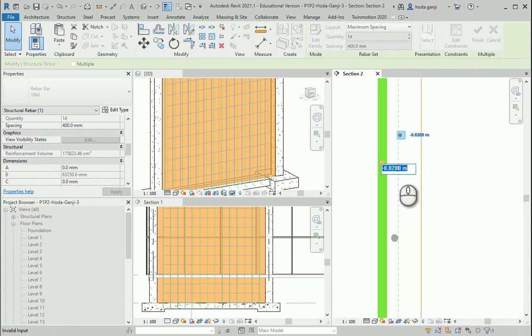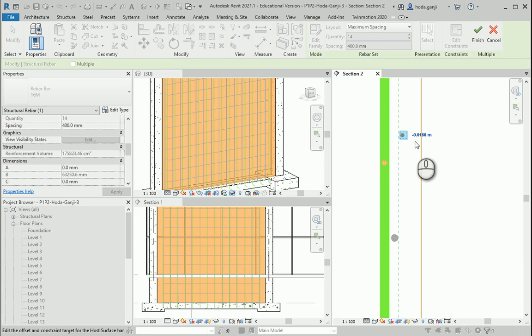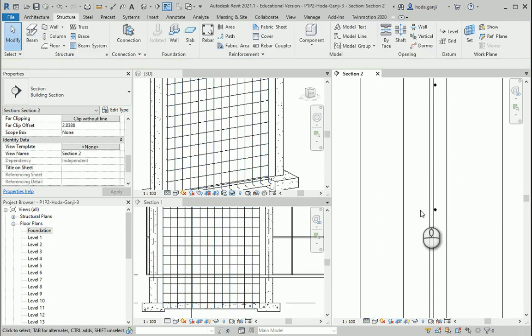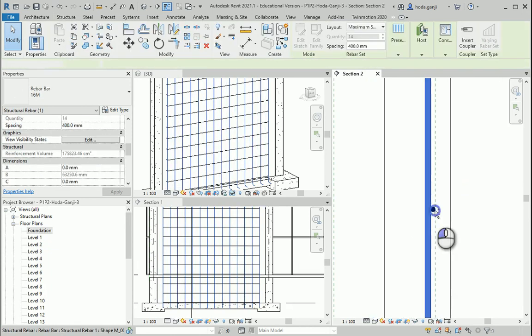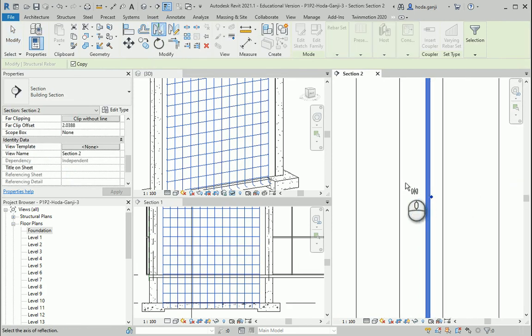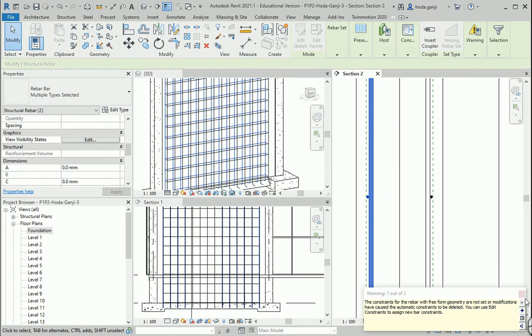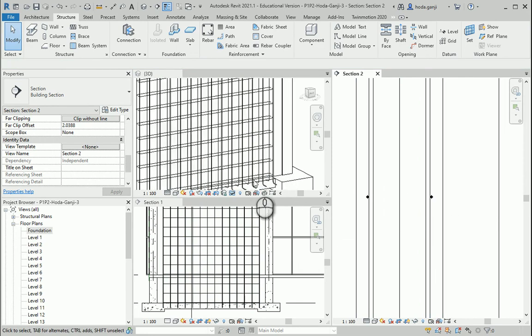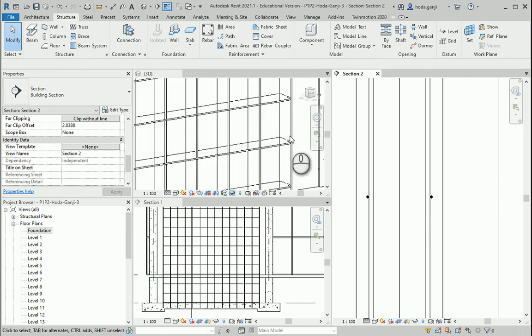That is too much. Let's go with 0.016 or 0.12. This seems better. Finish. Now I just need to delete this and mirror this rebar and this rebar on the other side. That's better now because then they put this and then these horizontal ones are gonna be around them.